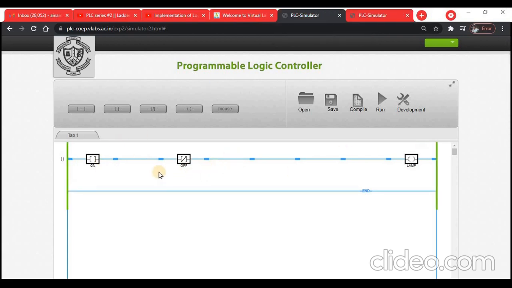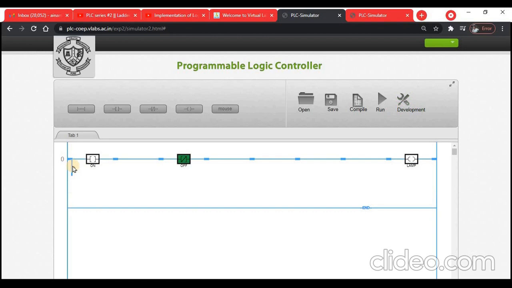So if you want to add a parallel line to this rung, you can just click here. Now click on add, simple. So you can add any parallel component for other operations. You can just take here, add here.